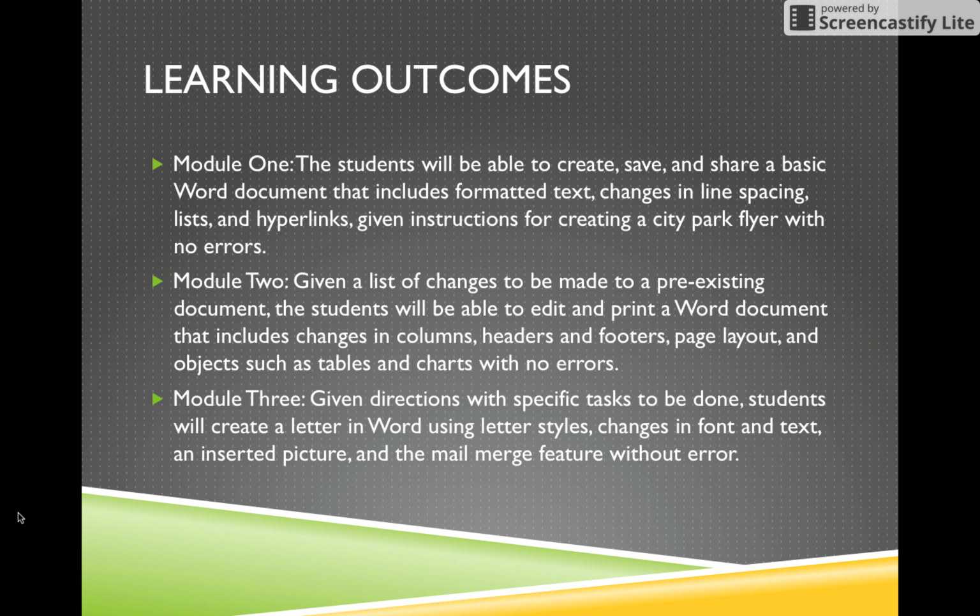students will be able to edit and print a Word document that includes changes in columns, headers and footers, page layout, and objects such as tables and charts, again without error. And then finally in Module 3, given directions with specific tasks to be done, students will create a letter in Word using different letter styles, changes in font and text, and an inserted picture, as well as the mail merge